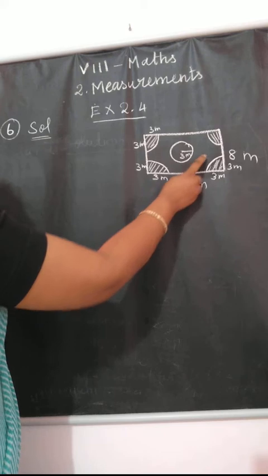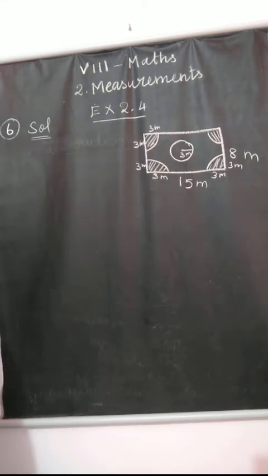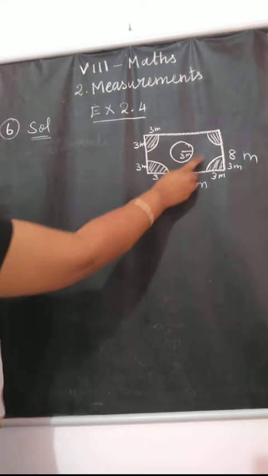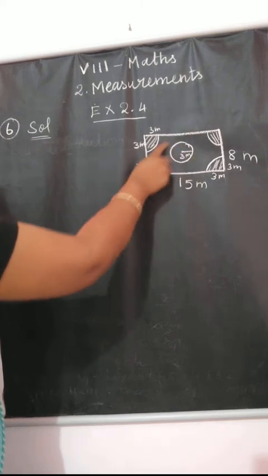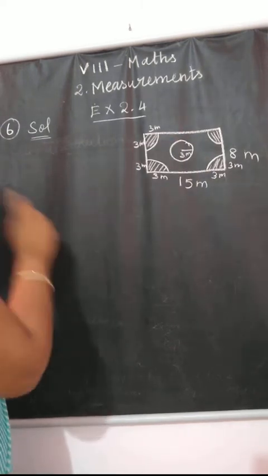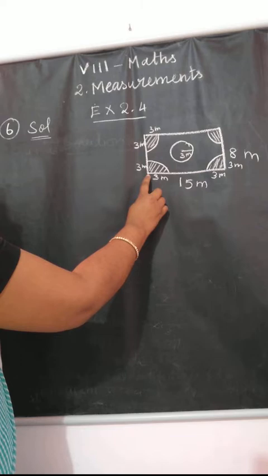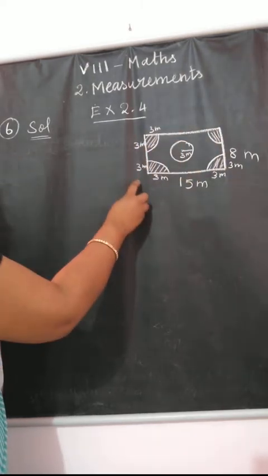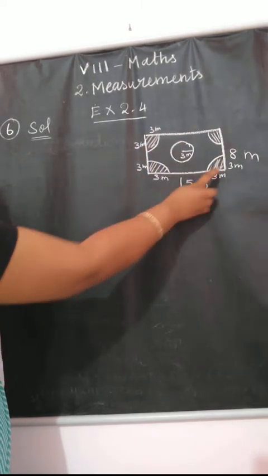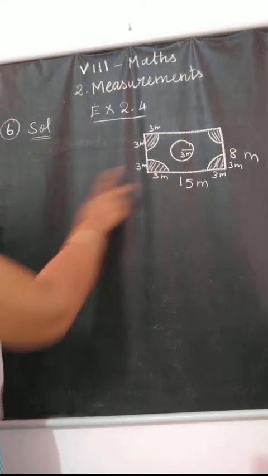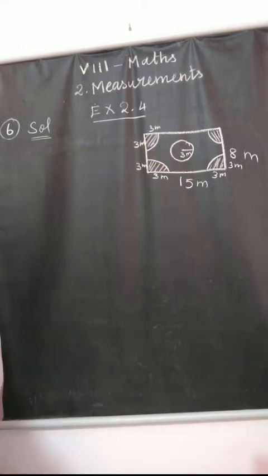They are asking us to find out this area, that is, only the part where the cows cannot graze. So what are we going to do? First we are going to identify the area of the rectangle and the area of the 4 shaded regions, and then subtract the values, and we get the final answer easily.